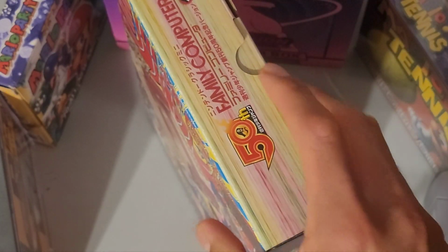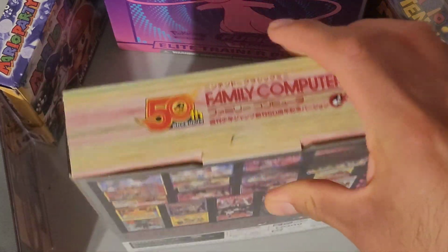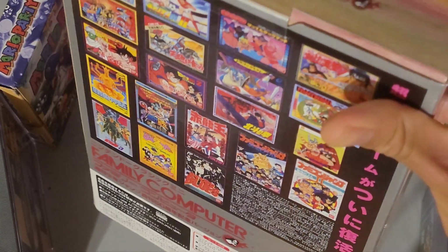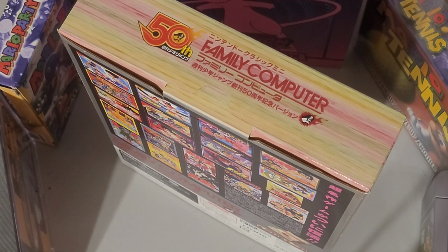Shonen Jump, yes, I think, no, 50. Yeah, wait a minute. Yeah, the 50th anniversary Family Computer. Now, and this is all the games, by the way. Really nice. Now, this is part of the, what was it, when everyone was doing the mini consoles. Nintendo started it, I